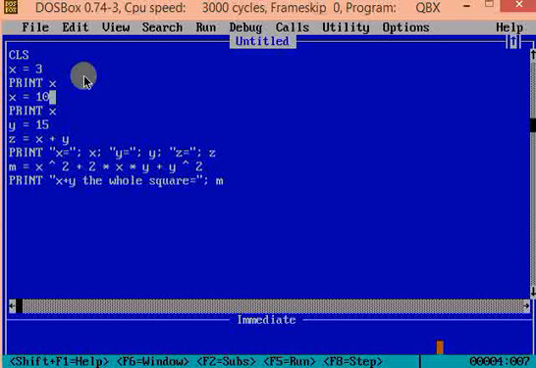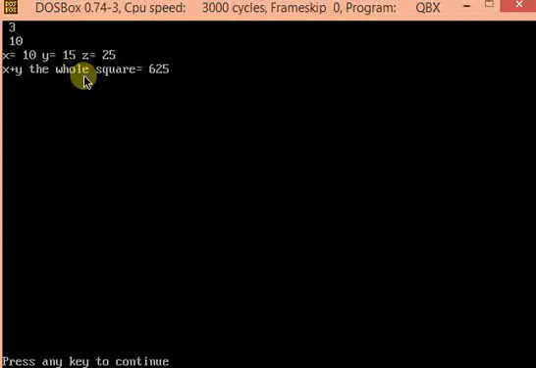Value of x at this point was 10 because the last assignment for x was 10. Value of y was 15. So basically this is just 10 plus 15 the whole square, which is 25 square, which is 625. Let's run the program. You can see that m is printed with the value 625, which is 25 square.